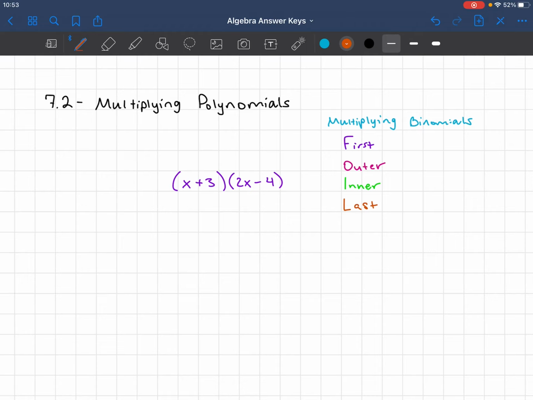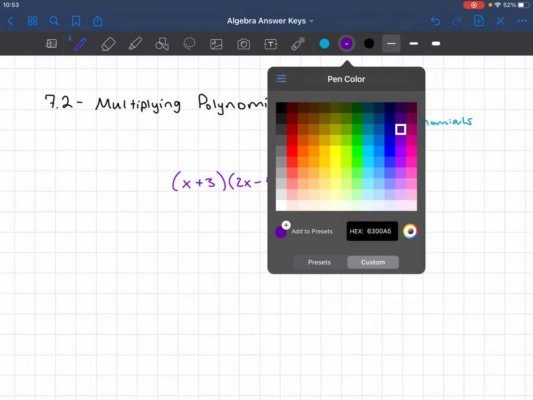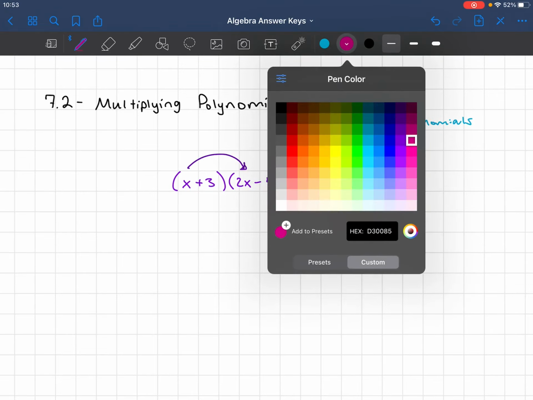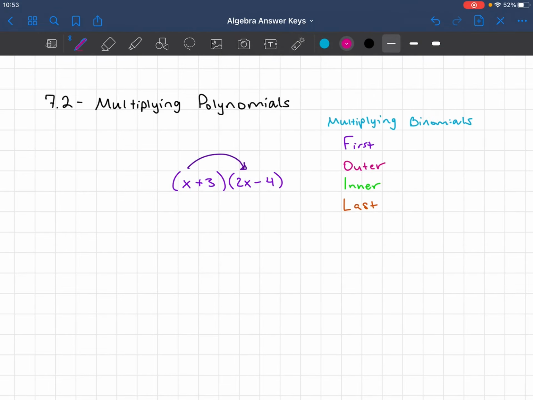When we're multiplying binomials, we use the FOIL method, which means we multiply the first, the outer, the inner, and the last. This actually stands for the terms that you're multiplying. So I'm going to go ahead and just do this and show you what that means. So when we're multiplying the first terms, that means we're multiplying the first term and the first term. So this times this. Then we need to multiply the outer terms, so this times this. The inner terms, meaning we multiply this times this, and the last terms, meaning that we multiply this last term